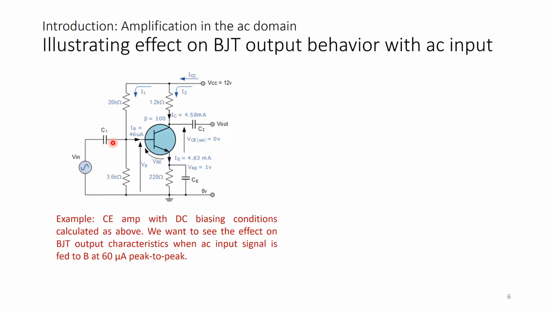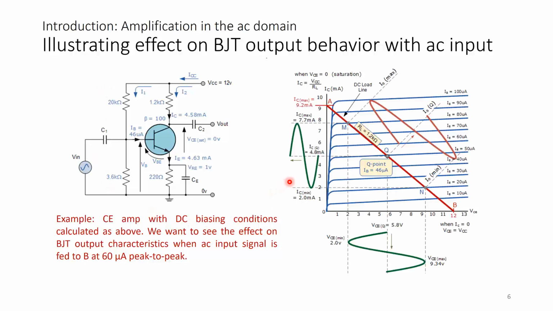We know that IB is 46 microamps here. We want to see the effect when the AC input signal is fed to the base at 60 microamps peak to peak. This is just for illustration purposes; all these values are not specific for anything, just for this example. So we know that IB is 46 microamps, and with this voltage divider bias common emitter configuration from our previous DC biasing circuit, we know that we can draw a load line,